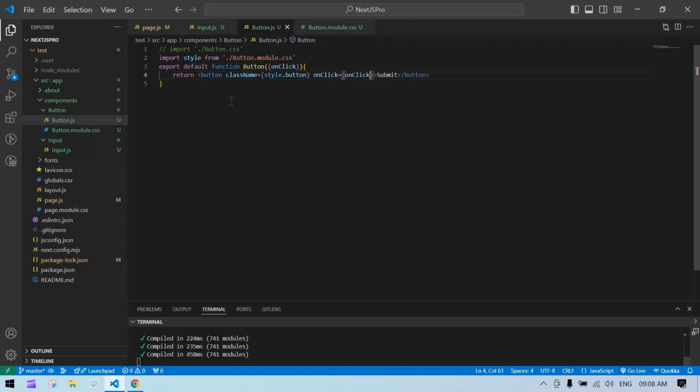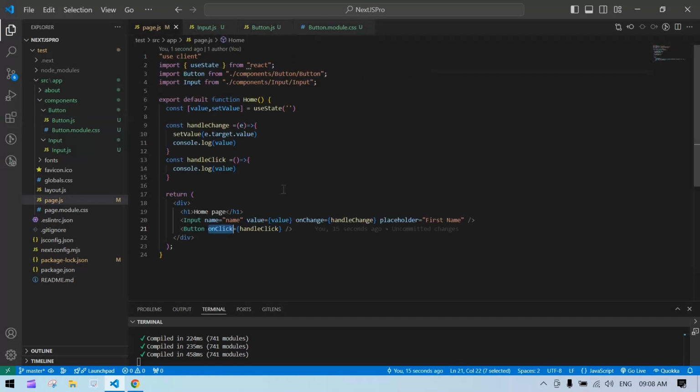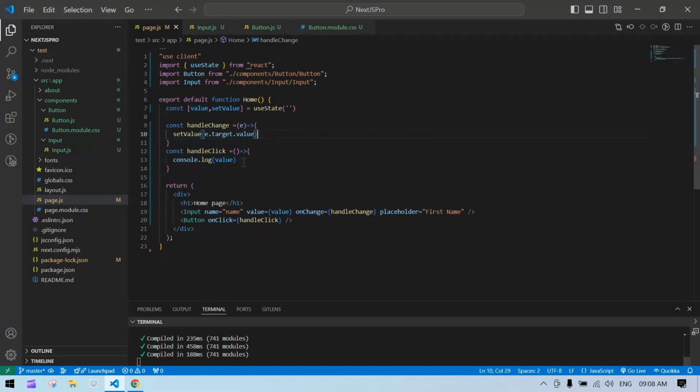Yep, our button component is ready. Now I'm going to check whether this value is printing or not. So I don't want console here. It will print each and every letter. So here, click value,